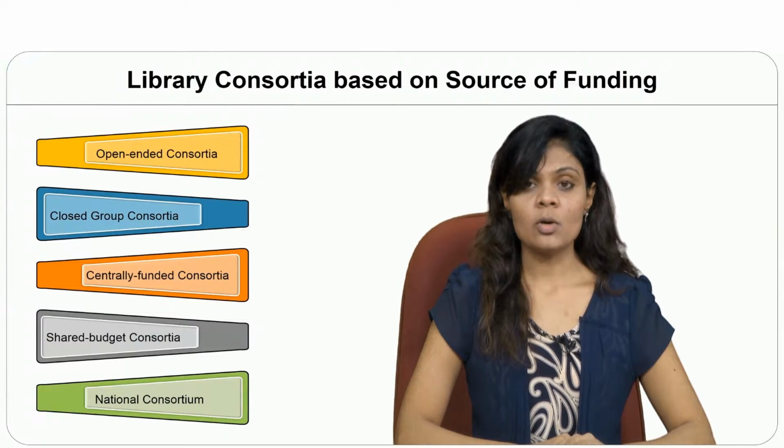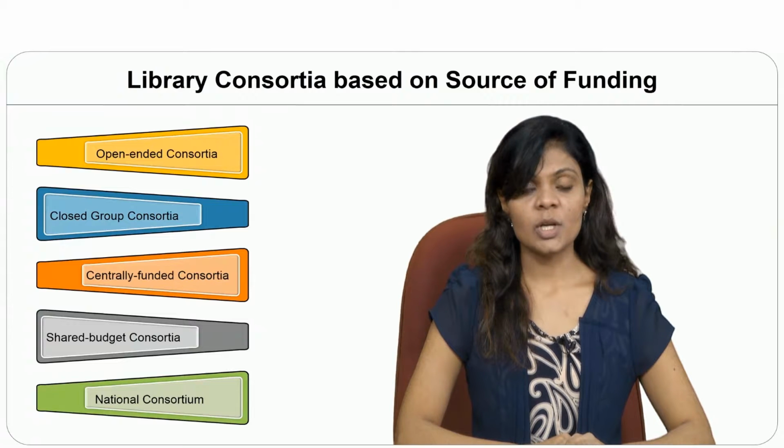Library consortia based on source of funding. Open-ended consortia. Open-ended consortium do not have a fixed number of libraries as its member. Instead, any library can join the consortium within a defined time framework. Open-ended consortia provide flexibility to the libraries to join the consortium based on their need, convenience and will. The publisher may define a minimum number of libraries that are required essentially to take off the consortium. This type of consortia are generally driven by small homogeneous groups who have a need to cross-share the resources